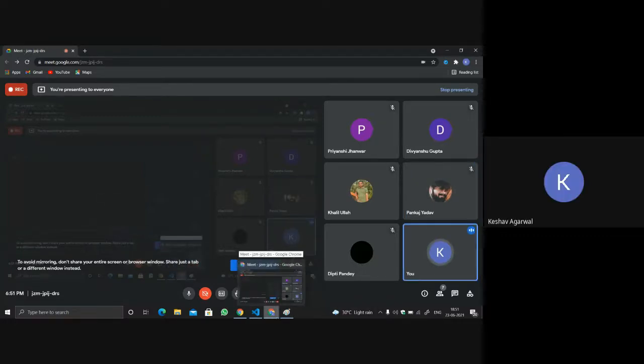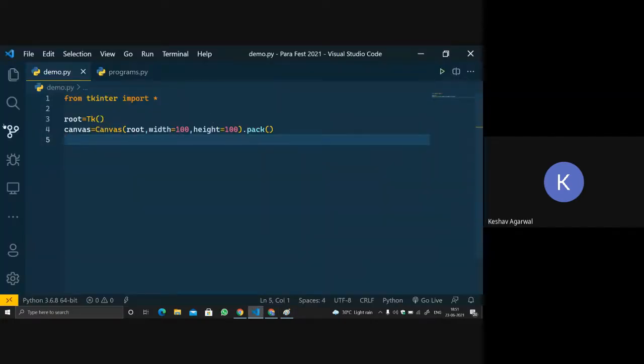No Pankaj, it's not for expanding. Let me tell you. The pack function will pack, as the word itself says. For example, when we go for a trip, let's think of this root to be your suitcase.